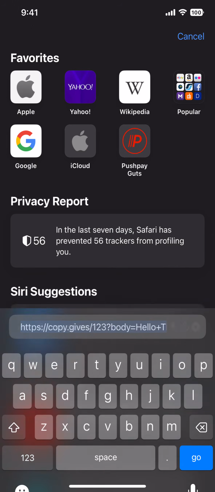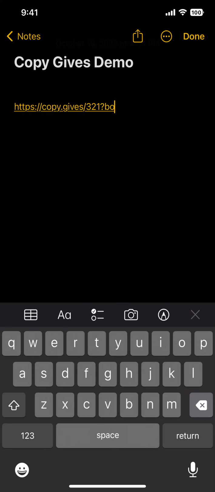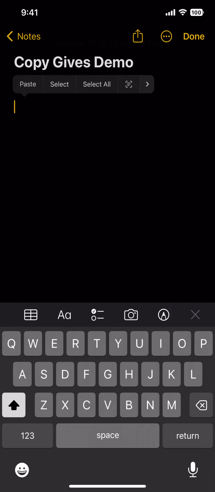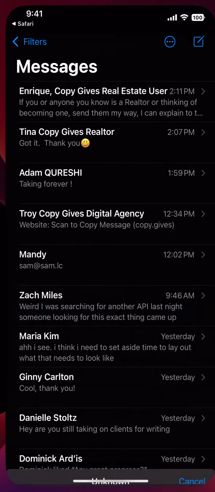And if we go back, we can copy this. So just copy. We can open a note, and we'll get rid of this. And then paste in our new link. Paste. Hit done, and then tap this, and it still works. And that is how to create a text link for email or your